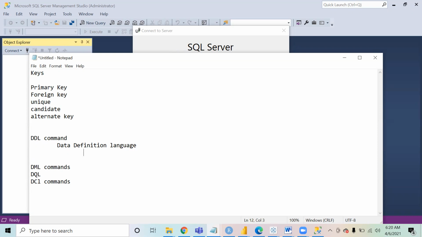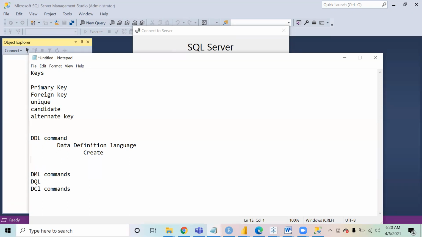One of them we have already studied: create. We use the create command at two places, one for creating a database and one for creating a table.